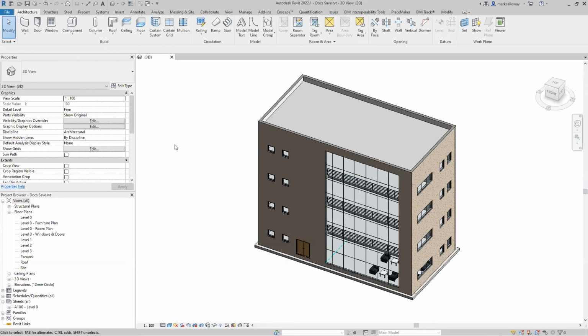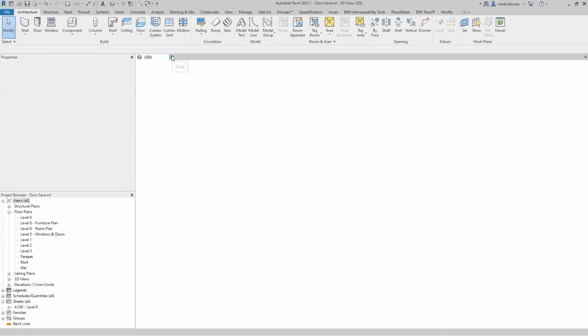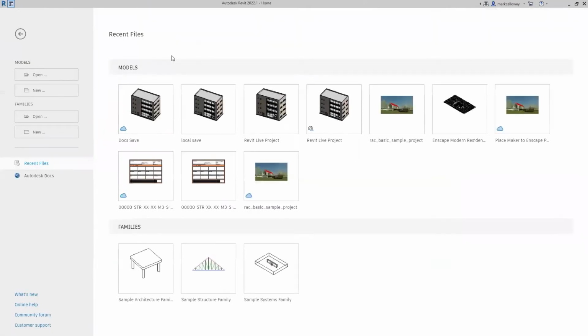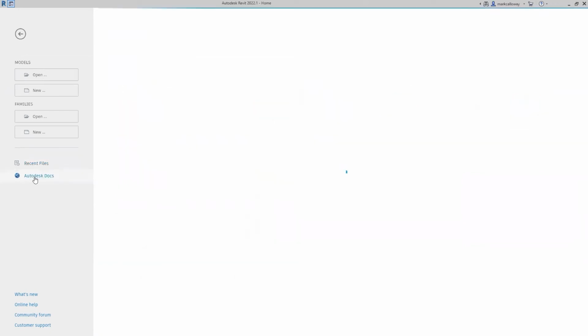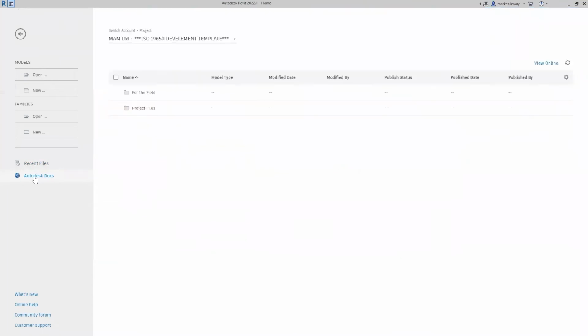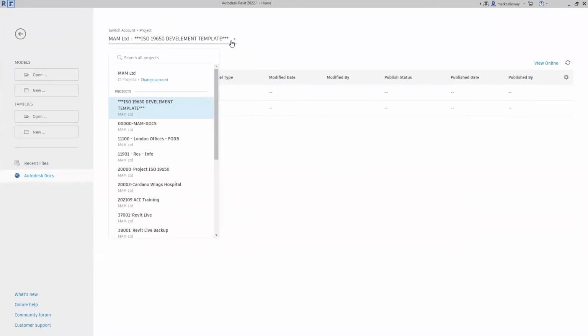Okay, if I want to open up this project, let's close this and head back to the Revit home screen. On the Revit home screen, we can see that it's in my recent files screen there. We can see a little cloud icon to indicate that this is saved on the cloud. And on the left hand side here, we also have the option to switch to Autodesk Docs, which is going to change what we have on the home screen here. And if I select our new project,